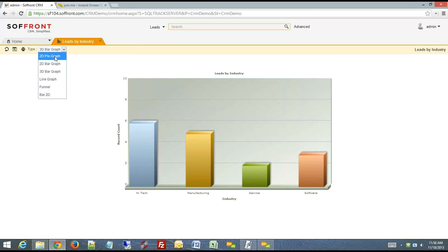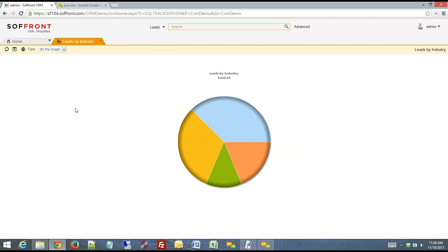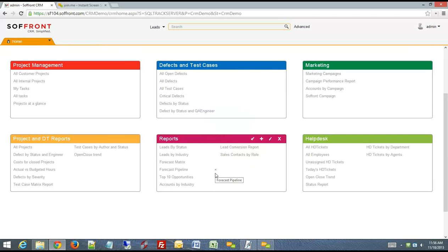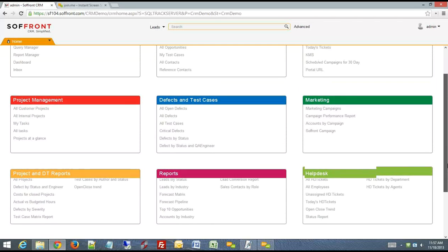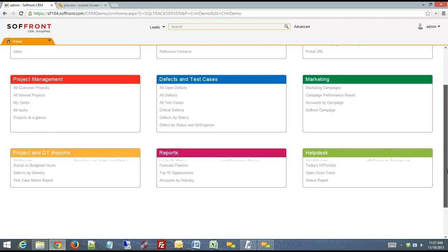You could change these reports dynamically. And you can click on each section of the pie and you can drill down into the data corresponding to these sections of the pie. In addition to just drilling down, you'll be able to export this report to Microsoft Excel and print it out at your convenience. Now, let us take a look at the process by which we can create these reports dynamically,